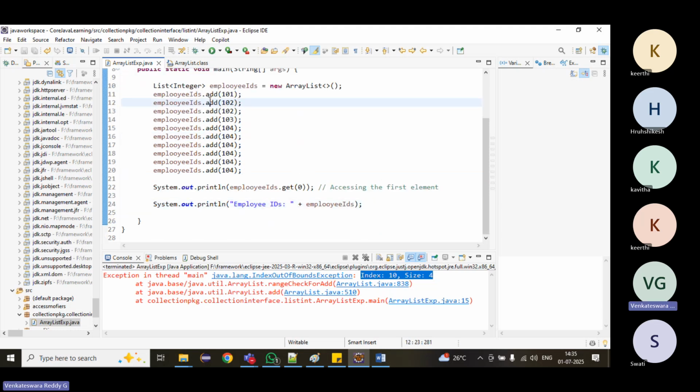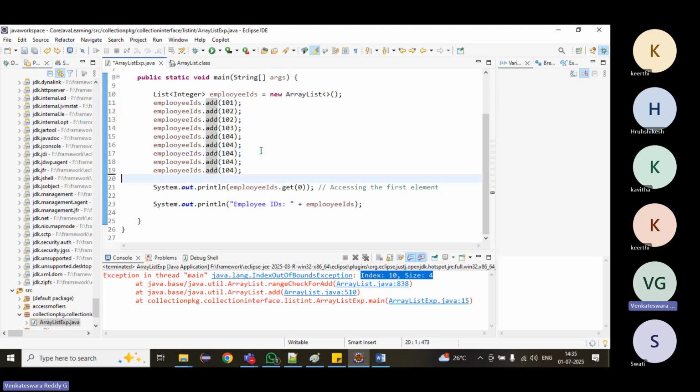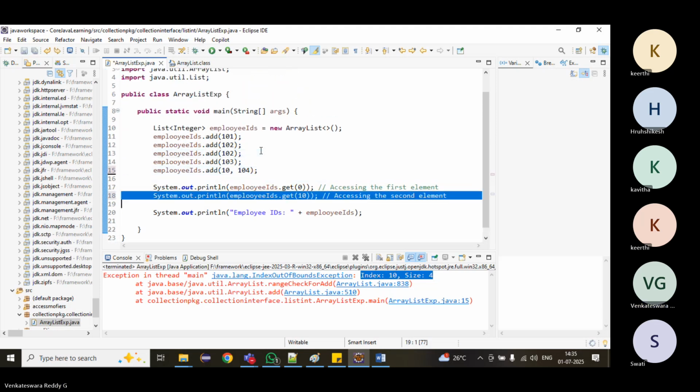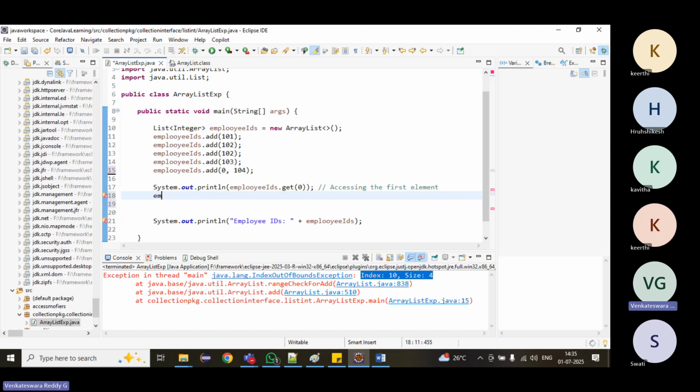To add the element, we will use add or add with index. Both we can do. And to retrieve, we can use get and pass the index. And then we have,